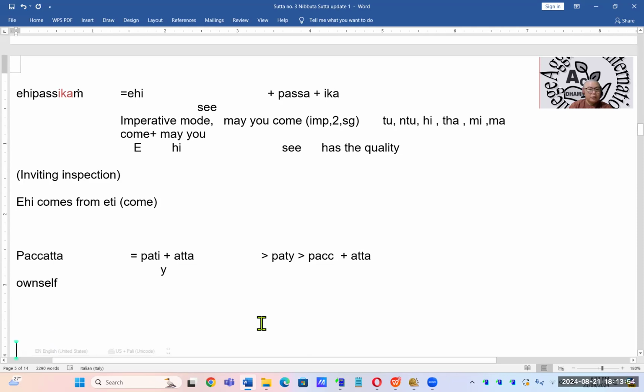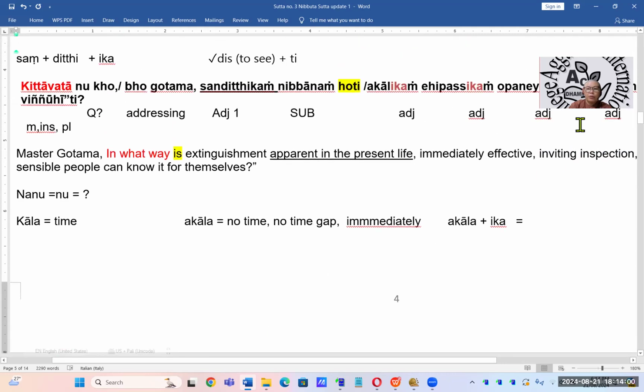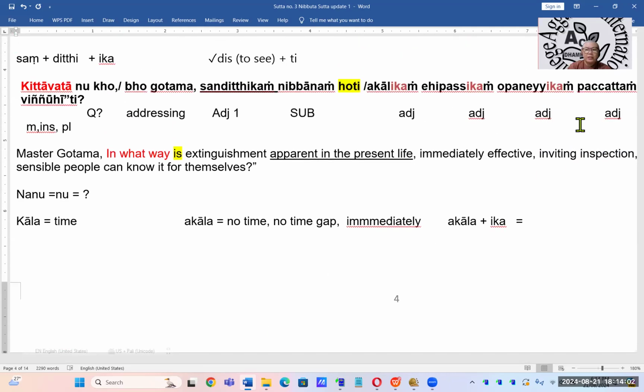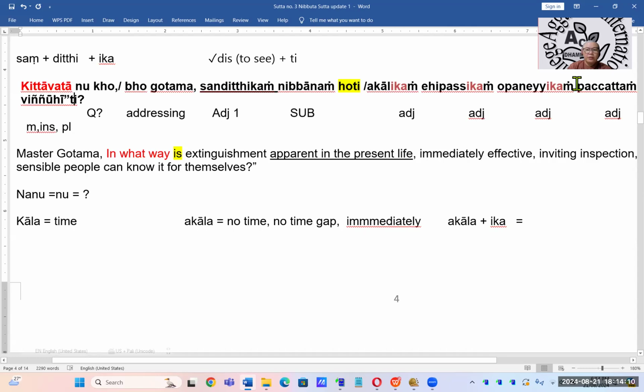All right. So now the last word I said was pachatam. Now the next one will be pachatam veditabo. You all remember this one. Here is pachatam veditabo. Here is pachatam veditabam vinyuhi. All right. So I'll copy this one